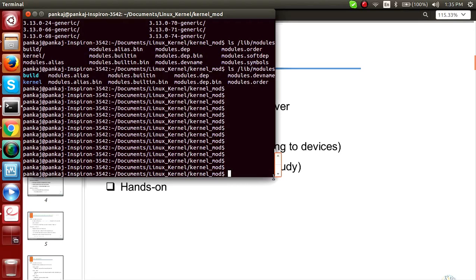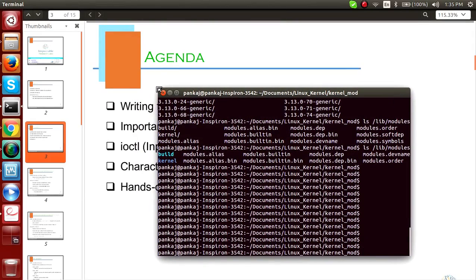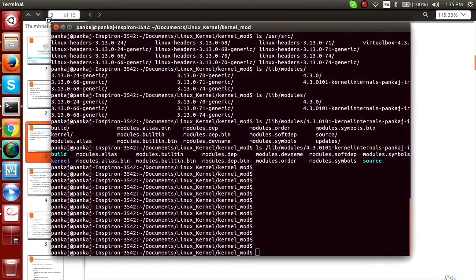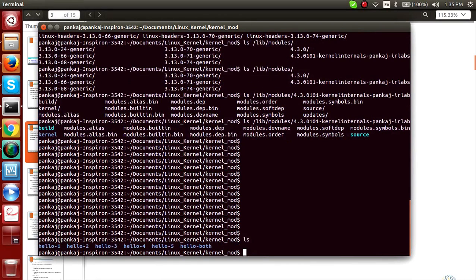Here we will start a demonstration of kernel modules. Shall I send you this so that you can try it?